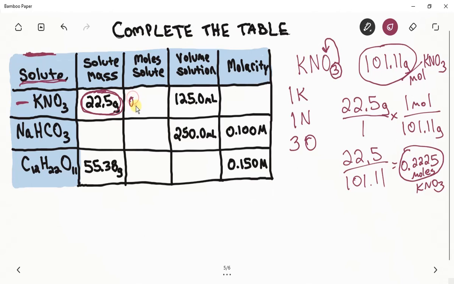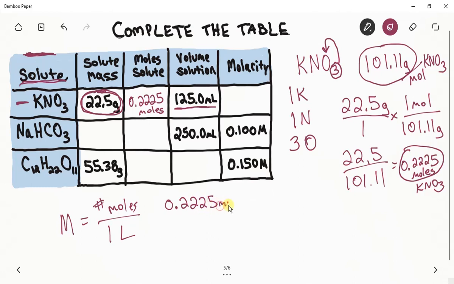We have 0.2225 moles of potassium nitrate. And then it's telling us how much water we put in with the 0.2225 moles. So remember, molarity, capital M, is the number of moles in 1 liter of water. Well, we don't have 1 liter of water. We have, for moles, 0.2225 moles, and we only have